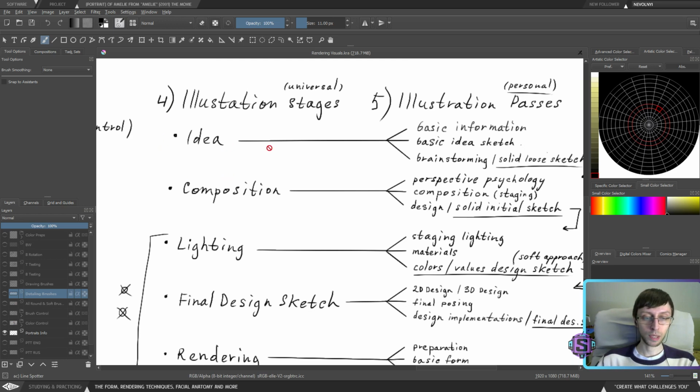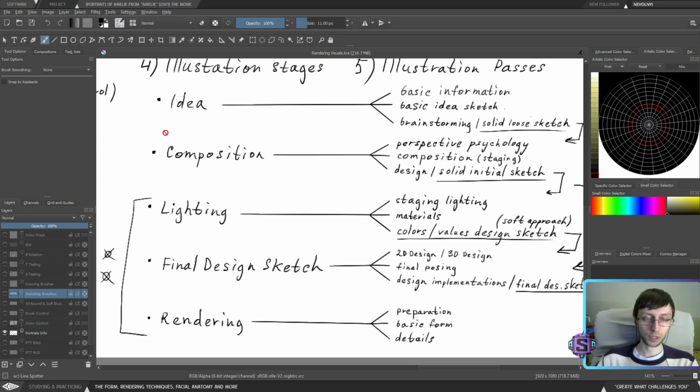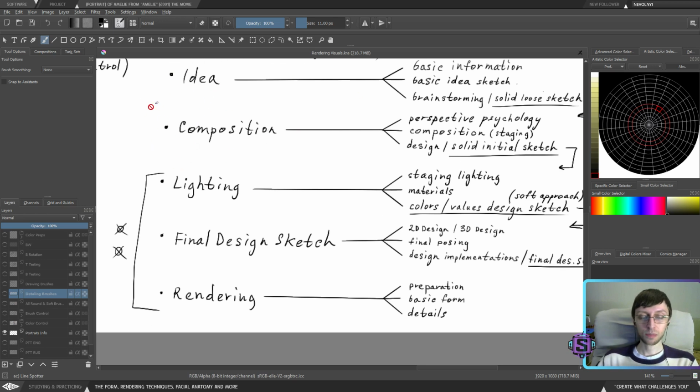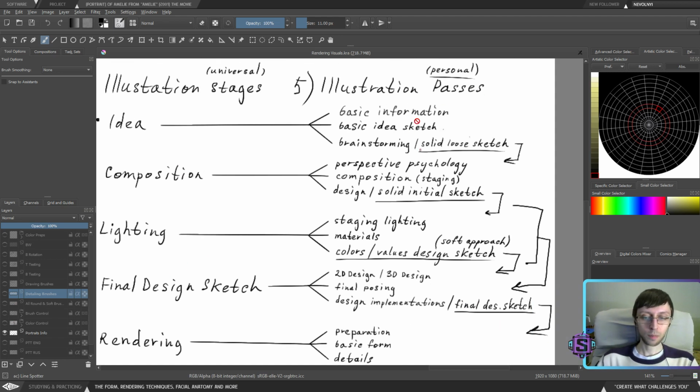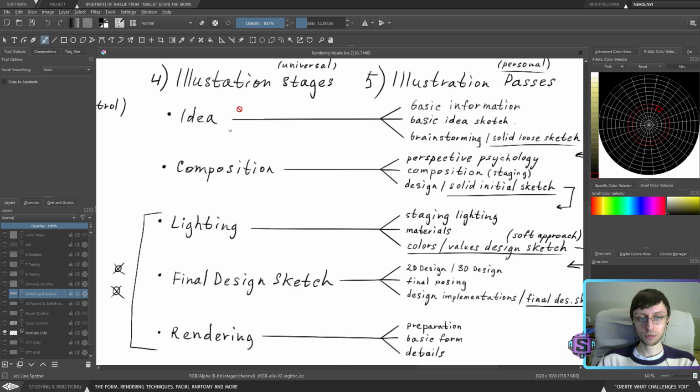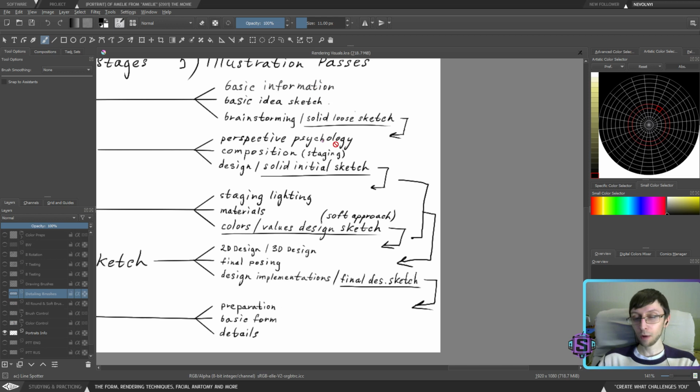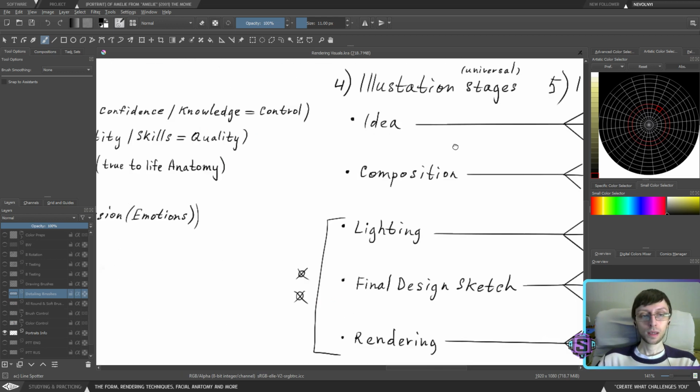the problem for the beginners, and I struggled with it throughout the years and still kind of struggle. I don't have enough confidence to go from the idea to the composition stage. Sometimes I don't have confidence to go from the composition to lighting stage because I don't know where my passes are. I know that I need to go through these, but I don't necessarily know how exactly to go through them.